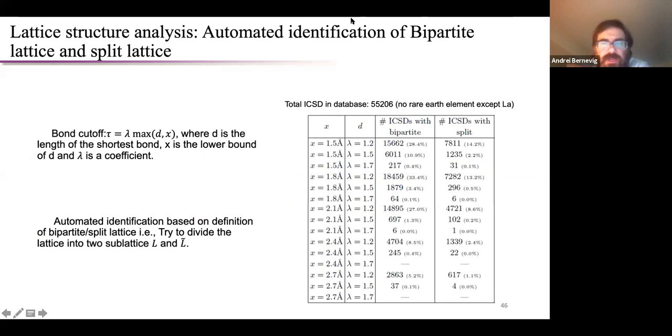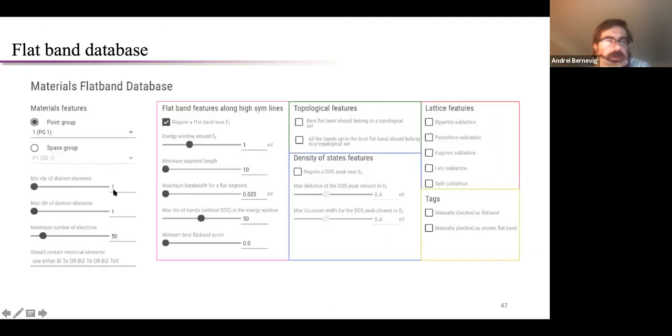And these are some things to try on automated identification. I'm not going to go through it because it's basically just computer searching through the types of lattices that we can get. But you can cross-check the materials you found by brute force with the materials you found that have these lattices. And the answer is yes, they do cross-check. There's a high degree of correlation.